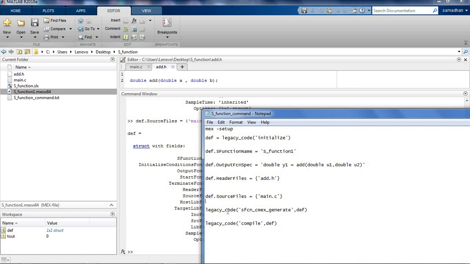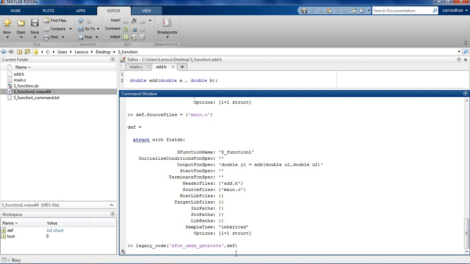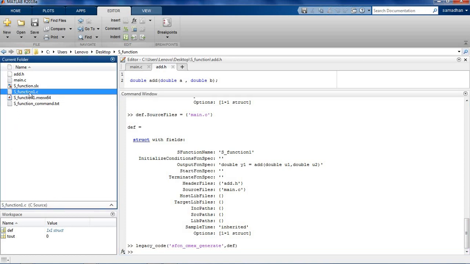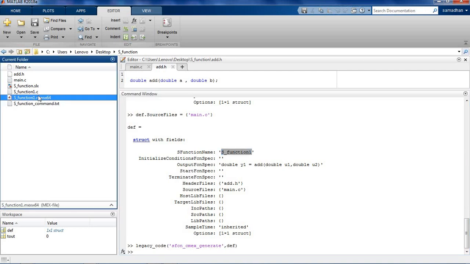You have to execute this command, legacy_code('sfcn_cmex_generate', def). This command you have to execute to generate the S function file. After executing this command, the S function file will be generated. See, you can see here the sfunction1.c file is generated. This .c is suitable for S function.